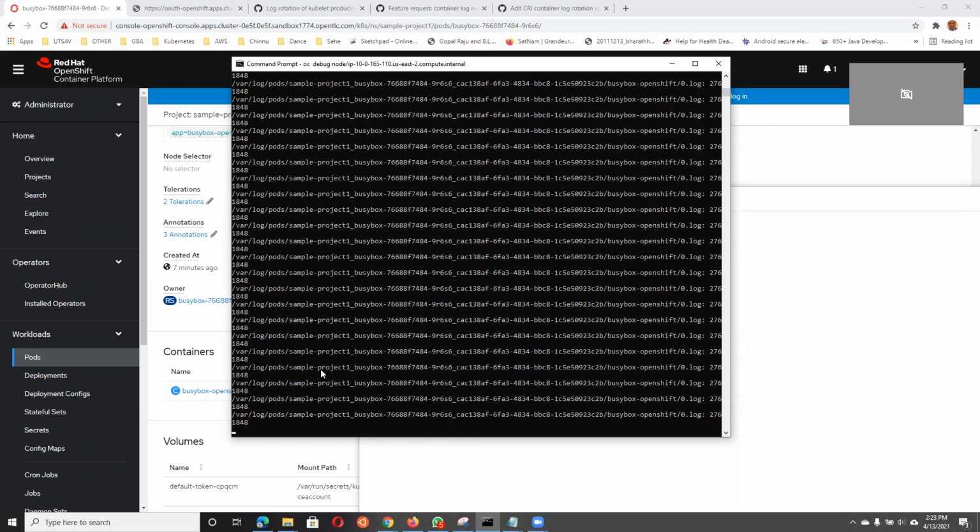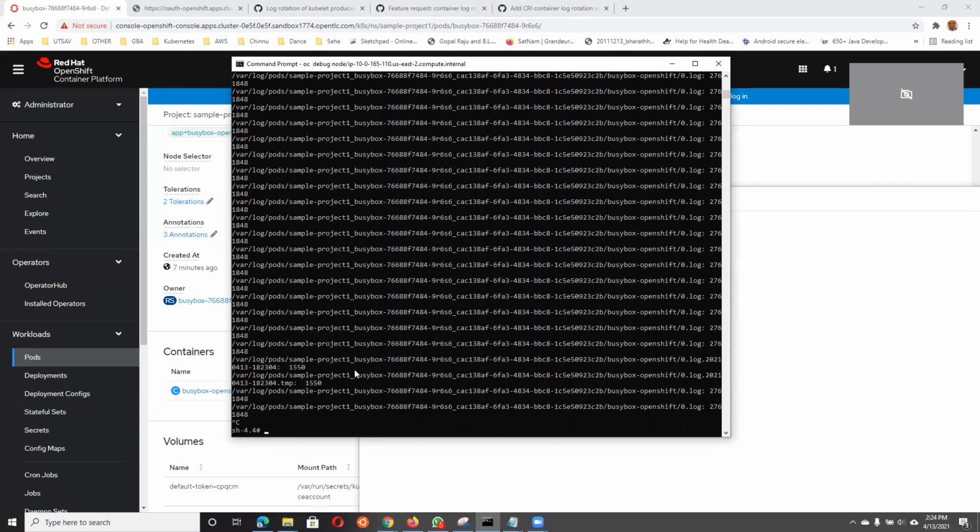While we are waiting, would you like to talk about whether it is the right design that kubelet would be tasked with rotating the logs? In my view, I think kubelet being the critical component on the node, it should be a separate process actually rotating the logs, just in case this log rotation results in